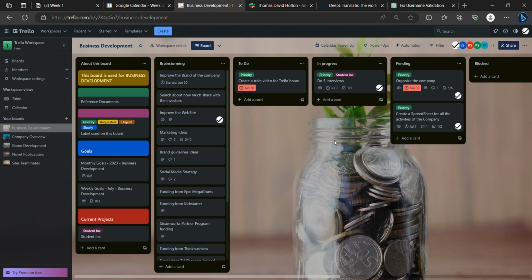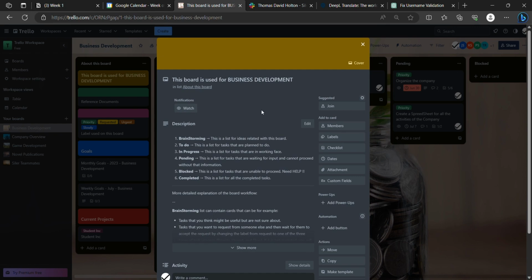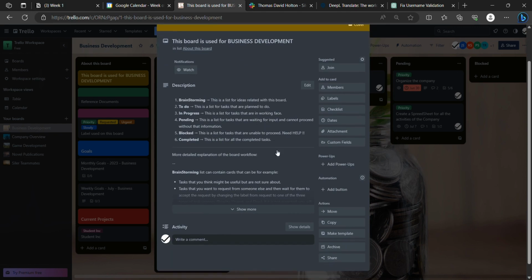This will be an explanation for all the other boards, game development, novel publication, because they are all set up the same. So first of all, we have this board list on the left here. In this list, we can see different cards. The first card represents the title of the board we are on. If you click on this card, you can see the rules of the board we are on